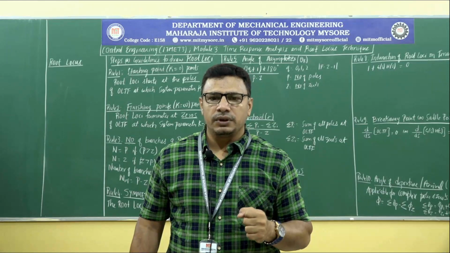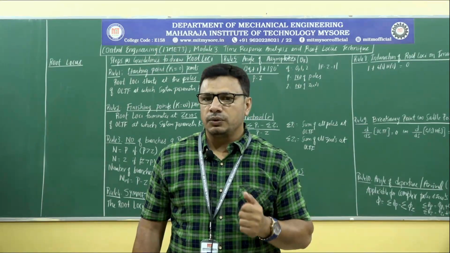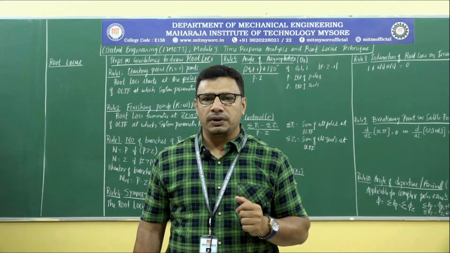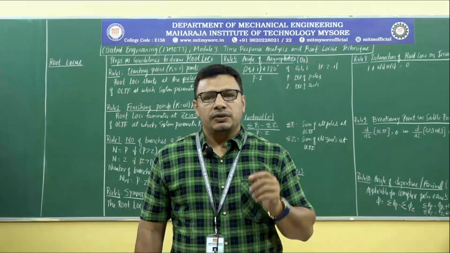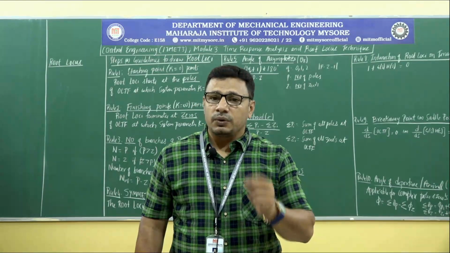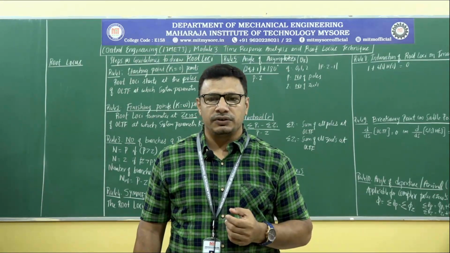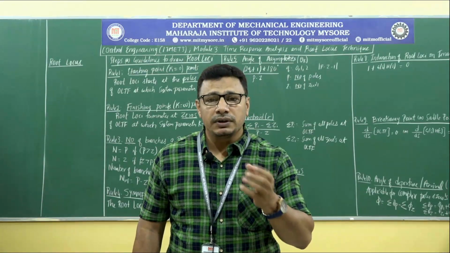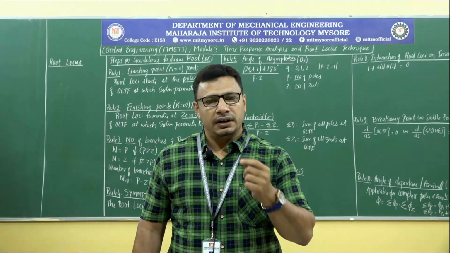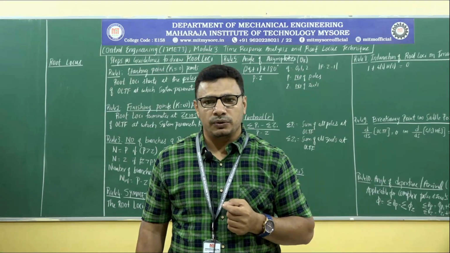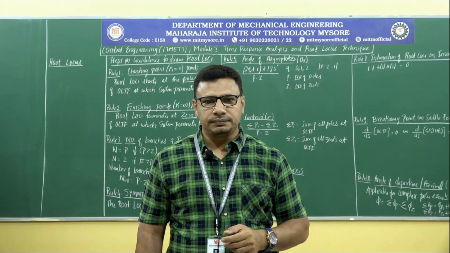How are we going to do it? By the help of the root locus technique. Root locus plot. What does a root locus plot do? What is a root locus plot? Whenever we vary the input parameters over a given range of values, the roots of the characteristic equation that represents the functionality of the control system also get varied. If we plot these roots in the S plane, then it results in continuous curves and these curves are known as root loci. Root locus is singular, root loci are plural.